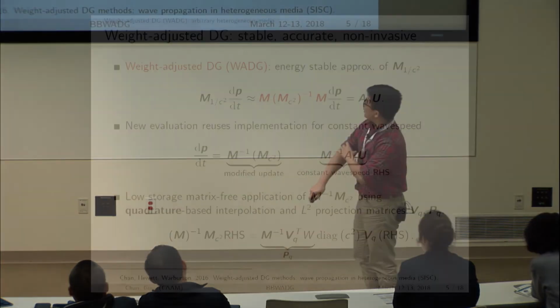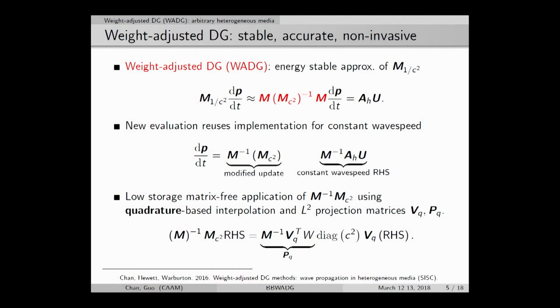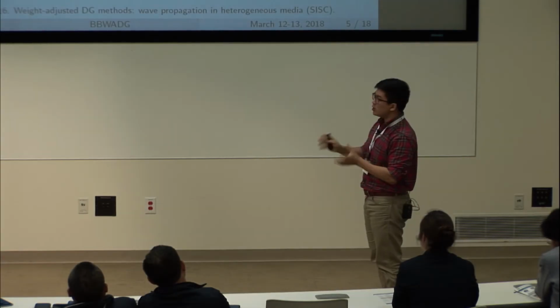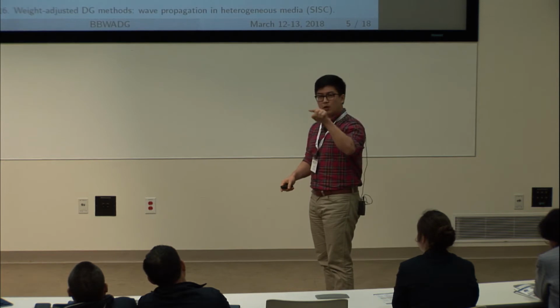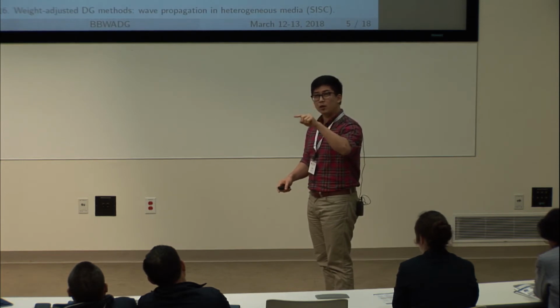So what we did a couple years ago with Russell Hewitt and Tim Warburton, my postdoctoral advisor, was introduce the idea of weight-adjusted DG. We take this mass matrix, ignore it, and approximate it with this product of 3 mass matrices. So I have this unweighted mass matrix on the outside, left and right, and on the inside I have the inverse of the weighted mass matrix with the inverse weight. So you can think a little bit of this as the matrix version of approximating 1 over c squared by 1 over